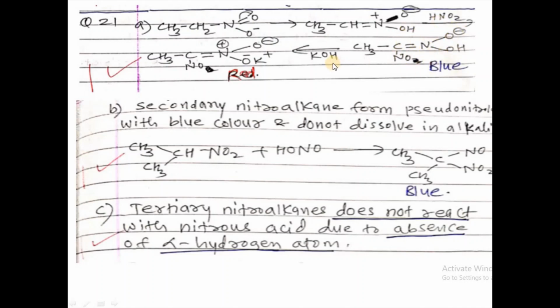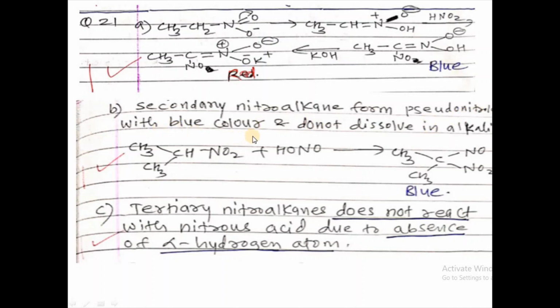which on treatment with KOH, this hydrogen atom of the acid form is replaced by K plus, and the blue color changes to red. That means primary nitroalkane on treatment with HNO2 followed by treatment with KOH gives the red color, first blue and then red. Secondary nitroalkanes form